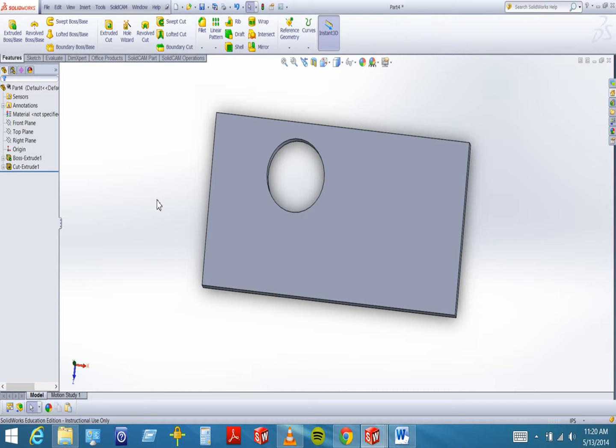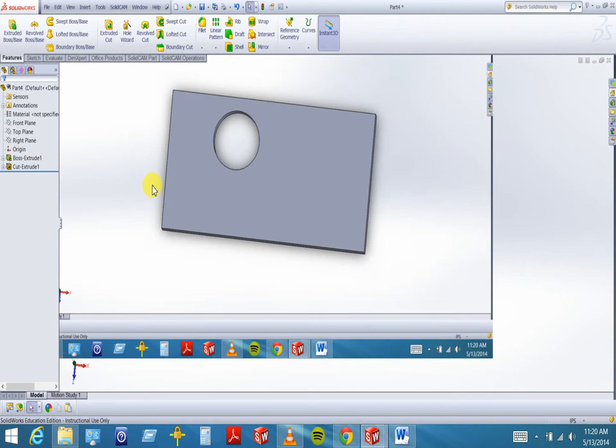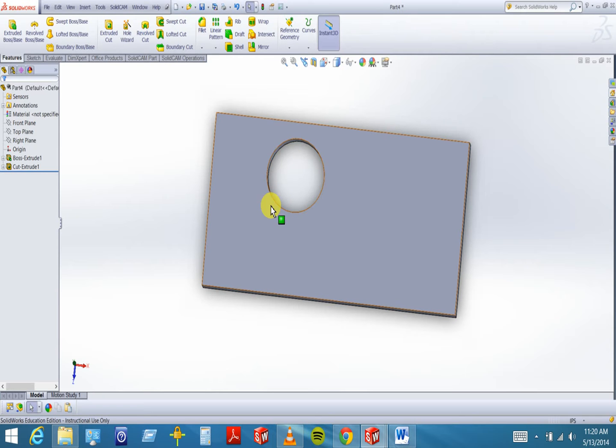We all about there? So there was this issue of relations and adaptive parts. So we're going to go ahead and finish that up quickly. If we wanted to center this, we could do it a couple of ways. We could dimension from this edge to the center and this edge to the center, but those rules are hard and fast rules. So if you change the length or the width of this rectangle,